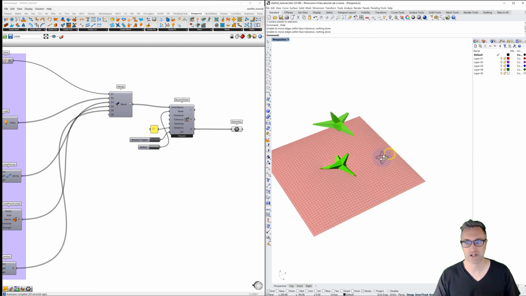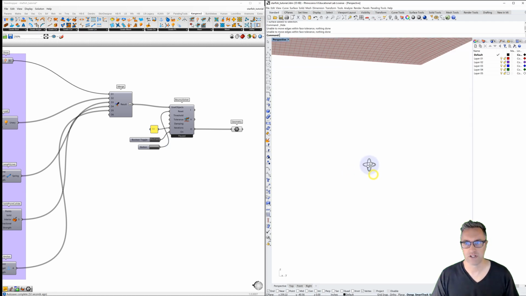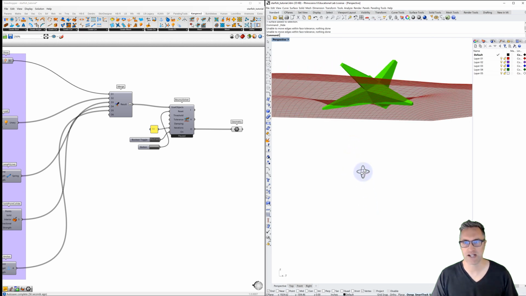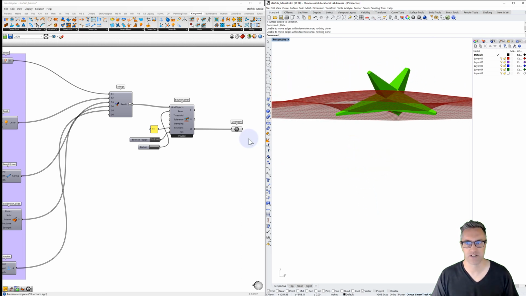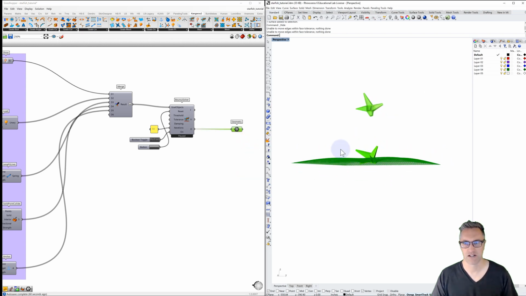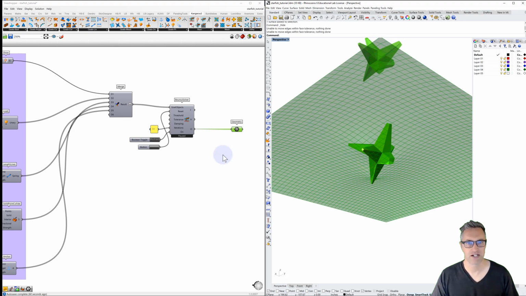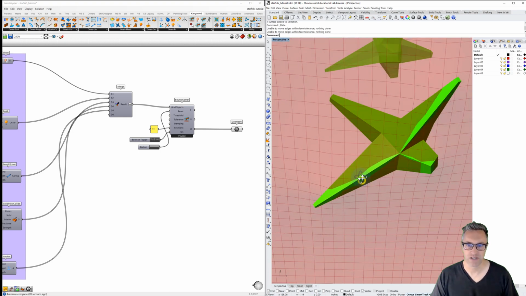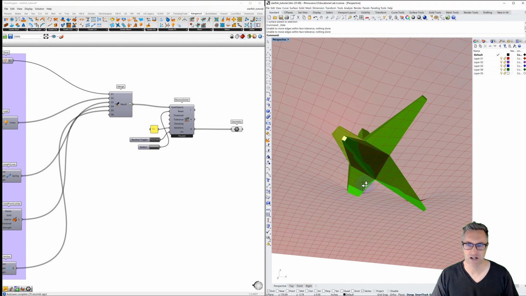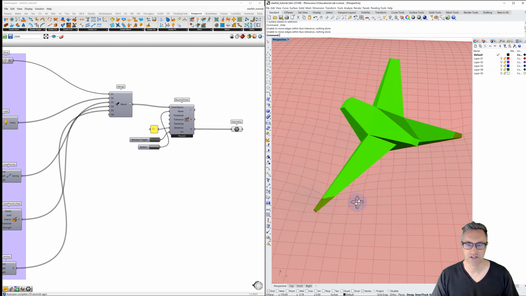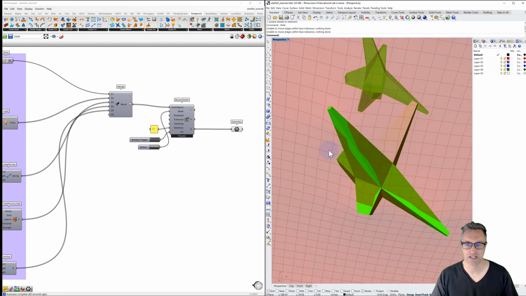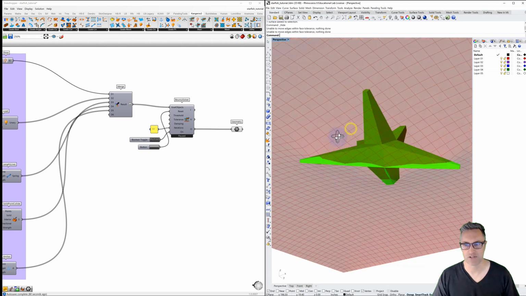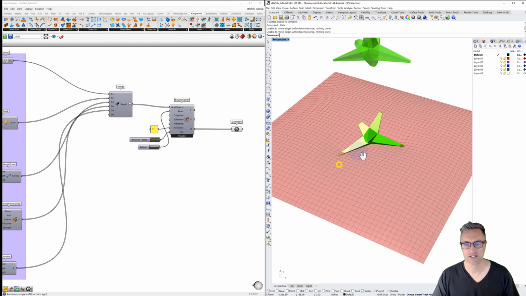And let's take a closer look. If we look from the bottom, we can always zoom selected. It looks like our element is piercing through the mesh. The reason for this is that we can increase our resolution. It just seems like, at least in this case, one of the points of this mesh didn't intersect properly. So let's try increasing